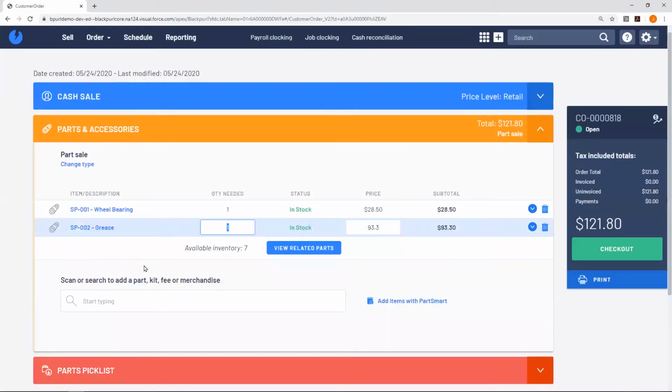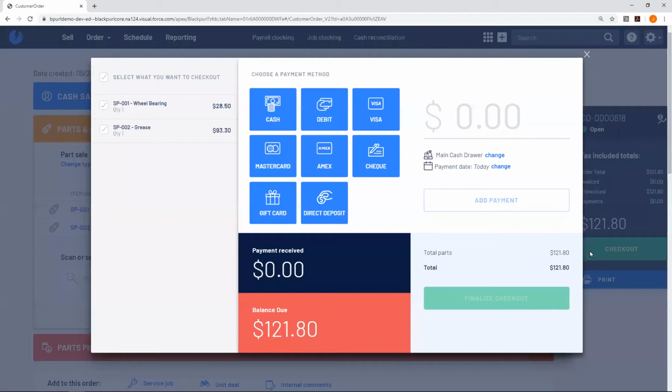All right, now it's time to check out. On the right-hand side, we'll simply tap the checkout button. Now the system prompts us to choose a payment method. In this case, let's imagine the customer gave us $130 in bills. I can add that payment,